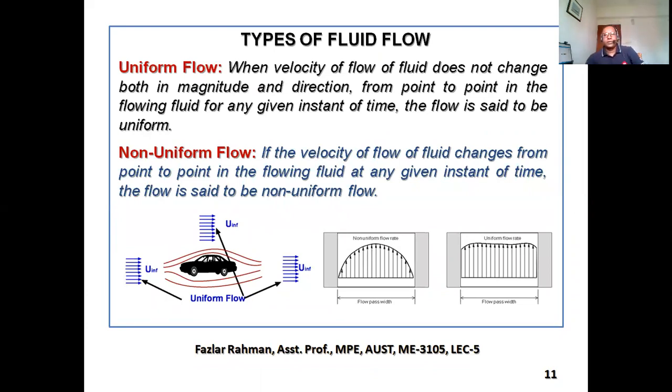Uniform flow. When the velocity of flow of a fluid does not change in both magnitude and direction from point to point in the flowing field for any given instant of time, the flow is said to be uniform flow. If you look at the figure on the right-hand side,